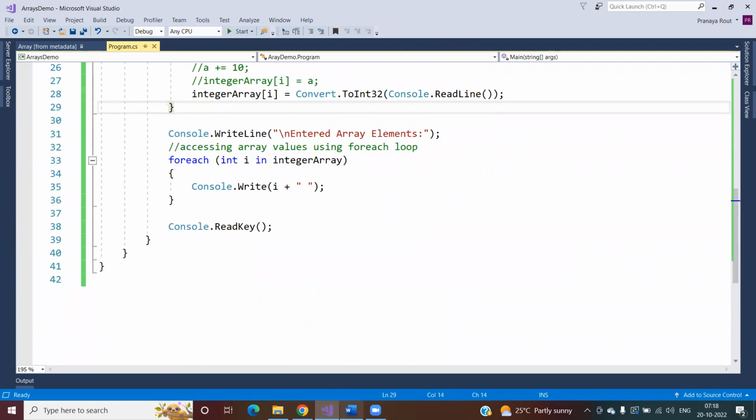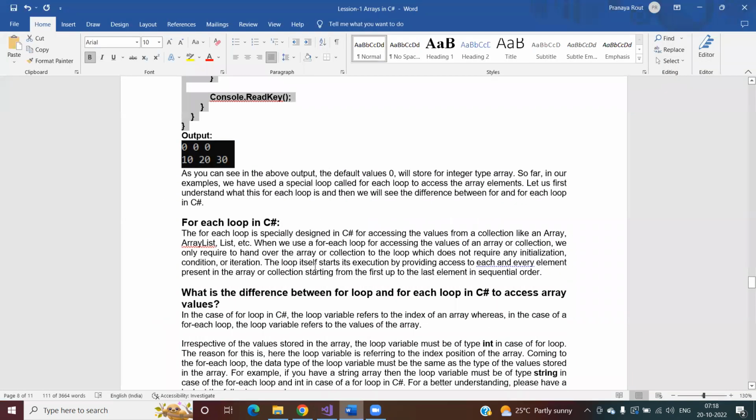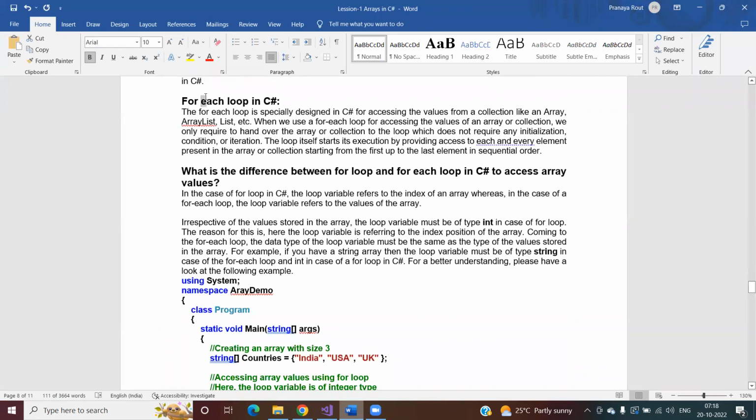Guys? No. Right. So what is a foreach loop? We are using one loop called the foreach loop. What is this? The foreach loop is specifically designed in C# for accessing the values of a collection like an array, array list, etc. See, if you have a collection and you want to access the elements from that collection,